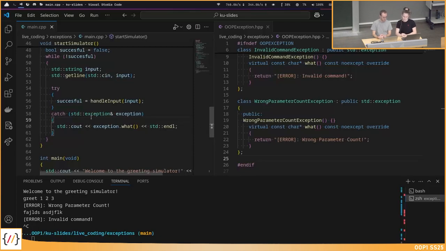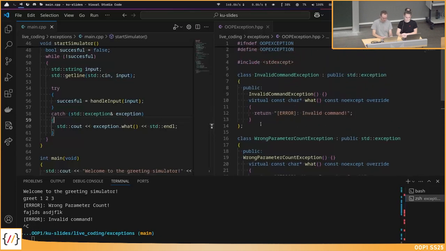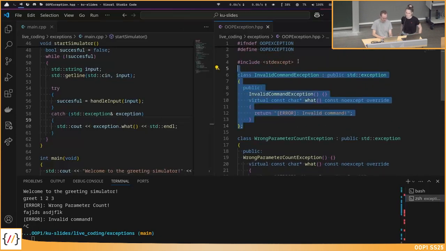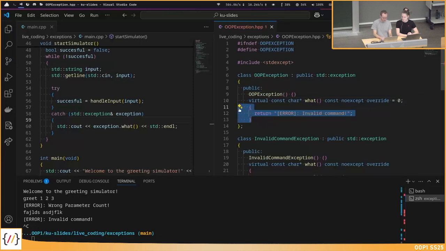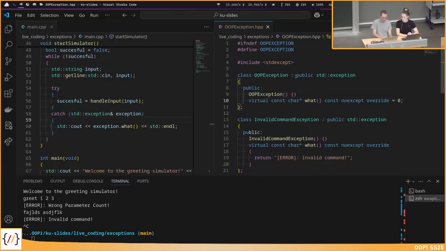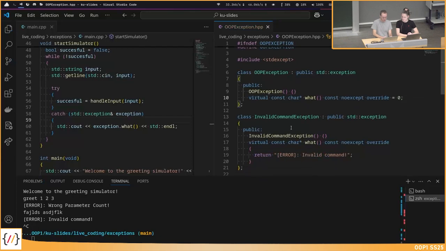For that reason, we introduce one more exception class, and I call this maybe just OOP exception, which I don't want to implement, which should be an abstract class. I will never create such an object. But now I can derive my other exceptions from this base OOP exception.